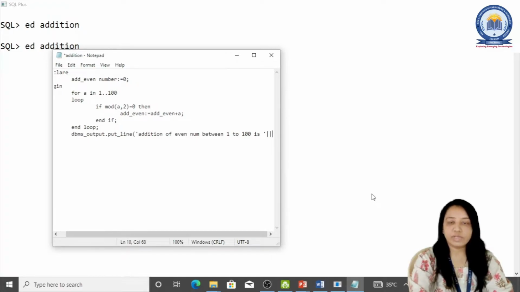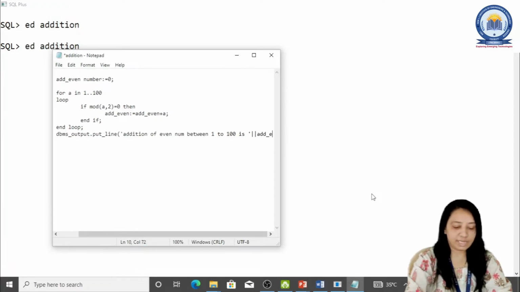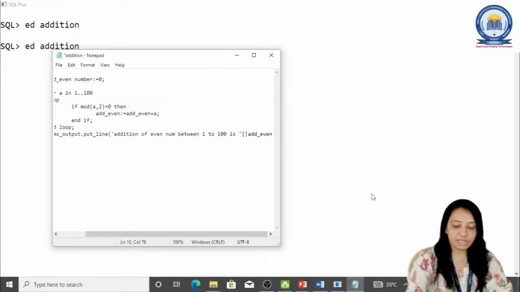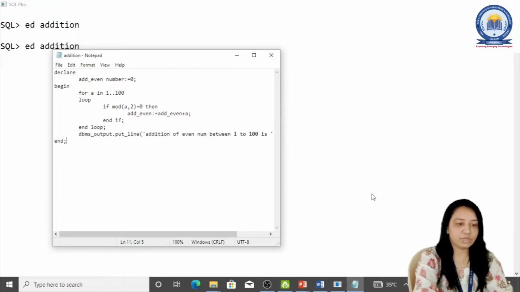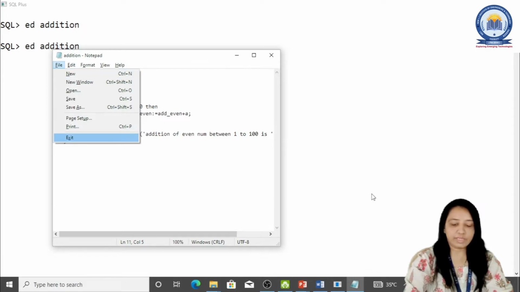The variable needs a concatenation, so I use the pipe symbols and then the name of the variable, add_even, and just complete it. After that I need to end the BEGIN section with END. So I just wrote a simple program to do that. Again, you exit from that.